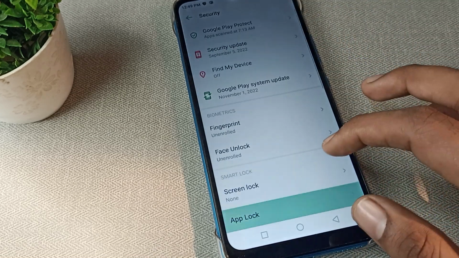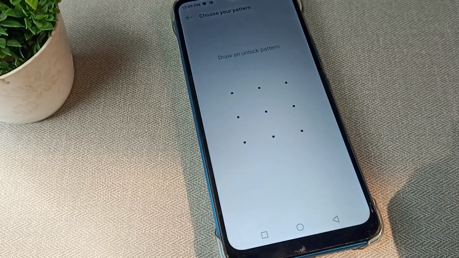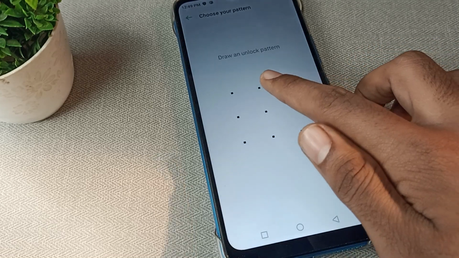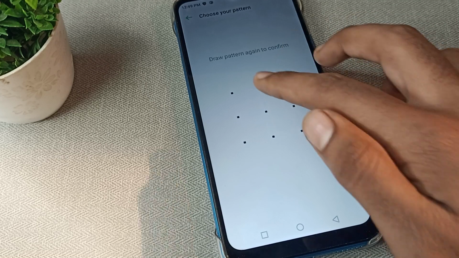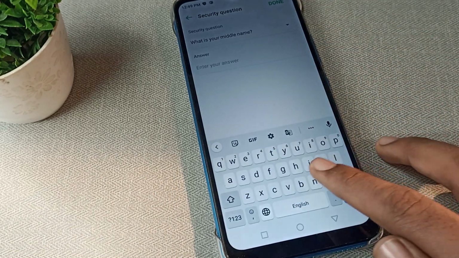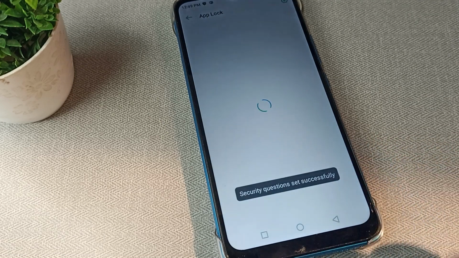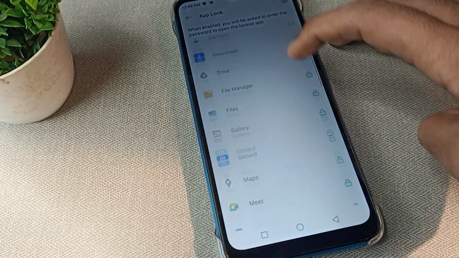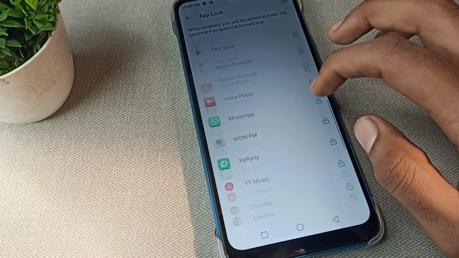And friends, first of all we will have to select our pattern. So friends, I will select any pattern. For example, I will take this U pattern. And friends, you can see AppLock will start. Then set a security question. I will take any security question. Friends, you can see AppLock will start, and you can lock any